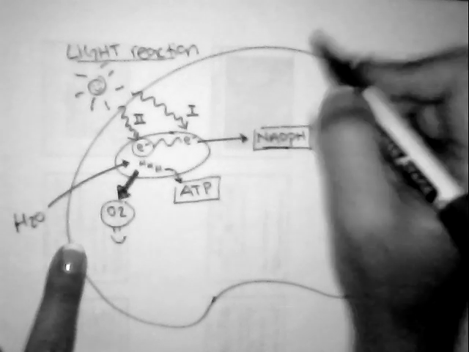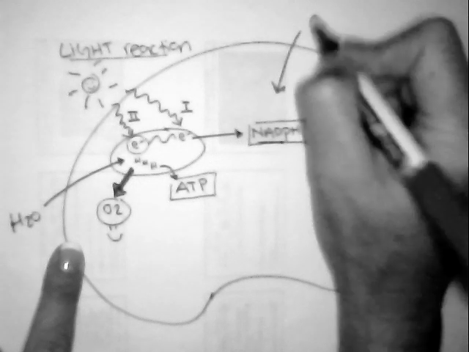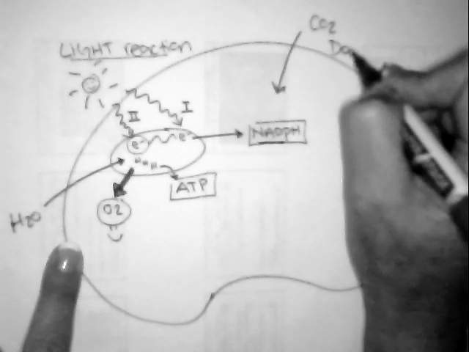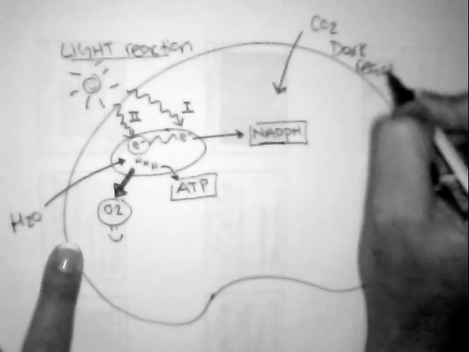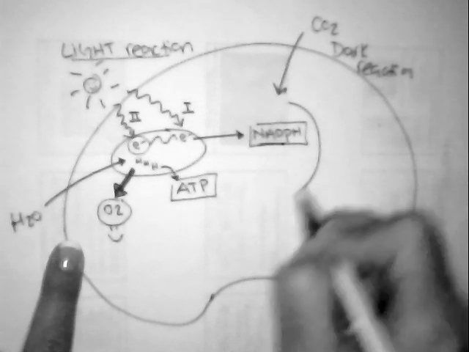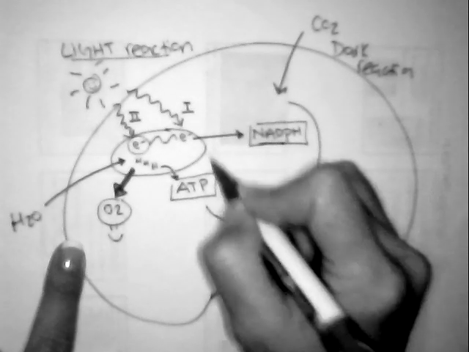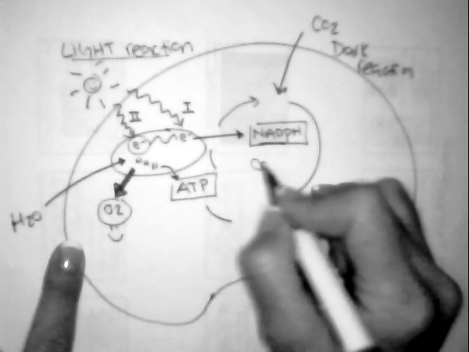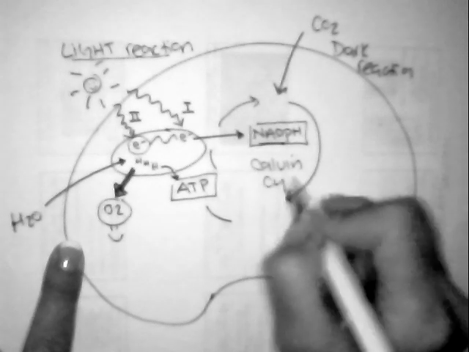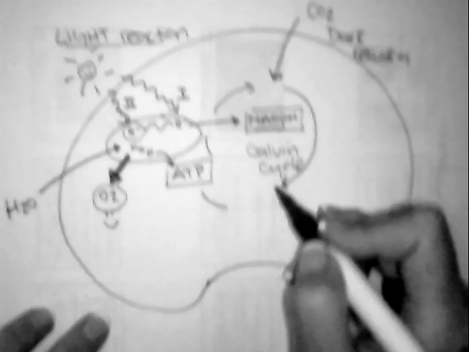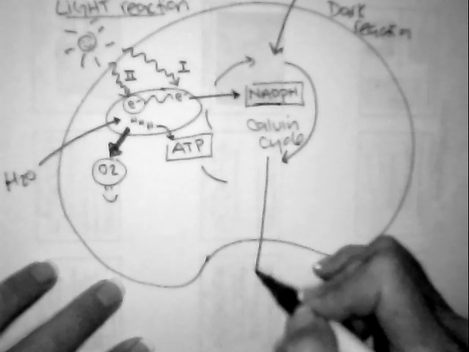Now, here on the outside as well, you get your CO2, and this is part of your dark reaction. The dark reaction is going to take the CO2 with our ATP. We're going to go through this process that's known as the Calvin cycle. The Calvin cycle, in turn, is going to pump out of